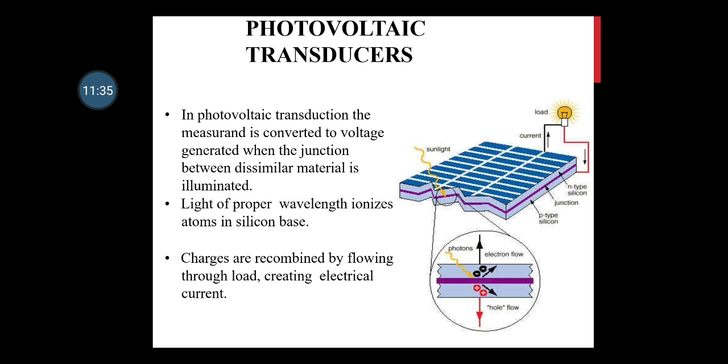When these two types of semiconductors are joined, a junction is formed. Here you can see that purple color, that is the junction, and when this junction is illuminated with light of proper wavelength, the electrons and holes are